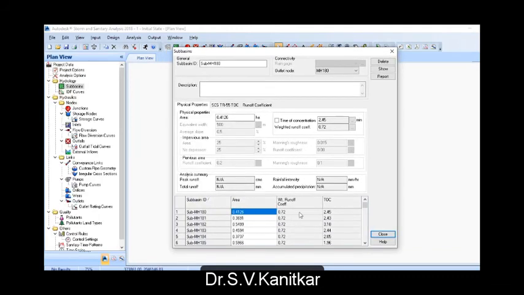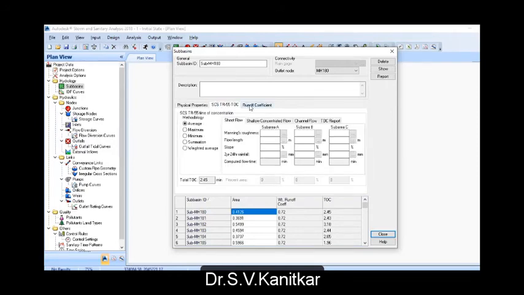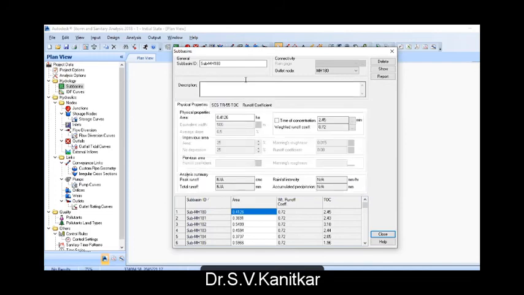So you can see different areas, runoff coefficient, time of concentration, different ways of calculating runoff coefficients. So all those entities related to catchment can be inputted, which are already done in Hydraflow.